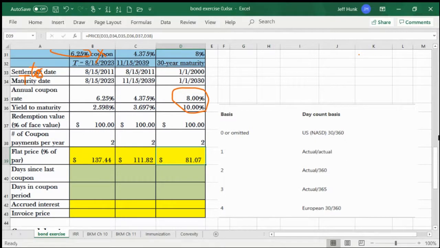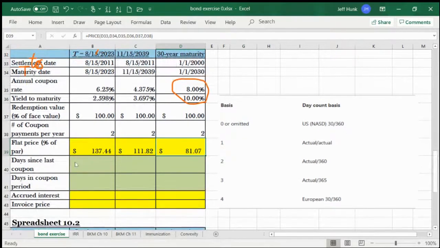Now, from now on, we'll find the dirty price or the invoice price. So to do that, we will have to calculate the accrued interest. So how do you find accrued interest? Of course, first you will have to find out what's the days since the last coupon. And the coupons are usually paid, this is normal, August 15th, February 15th. Those are generally when coupons are paid. Now,